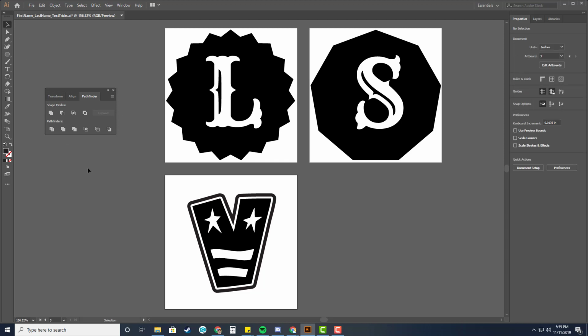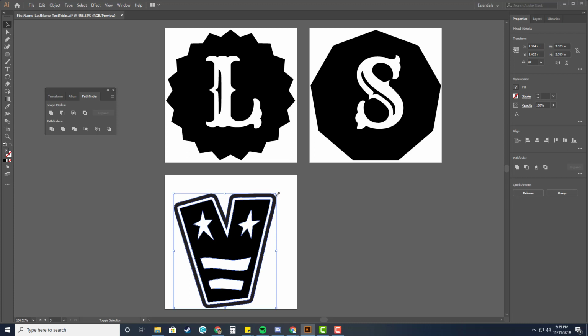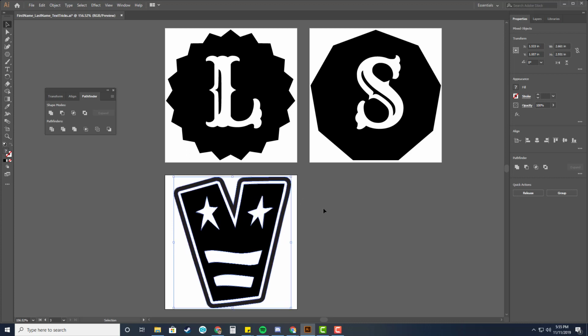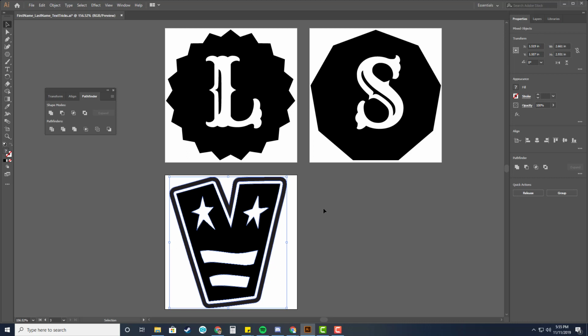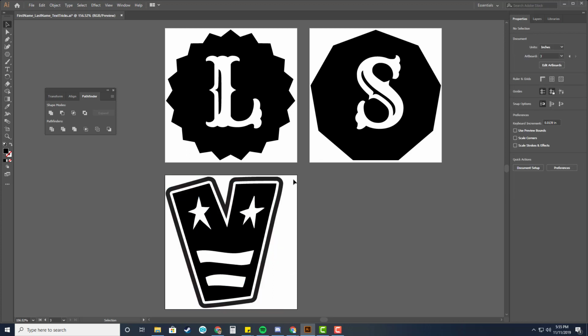So I'm going to come over here to my black arrow. I'm going to click outside of my rectangle, hold down the left mouse button and select everything on that screen. And then I'm going to hold down my shift key to keep it proportional and drag as close to the edge as possible without touching. Okay, and then I'm going to use just my arrow keys on my keyboard and move that as far left as possible without it touching the edge of the artboard. I can see I still have a little white strip here of extra space that's going to waste material, and